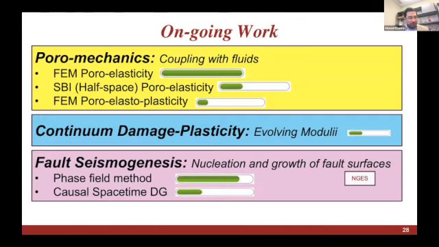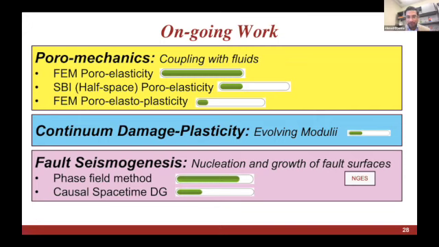So one more minute just to cover this ongoing work. There's a lot to be done within this framework. We listened yesterday to beautiful talks about fluids, so definitely poromechanics is something we are interested in. We made progress in incorporating poroelasticity in finite element, but we still need adaptation for our spectral boundary scheme for poroelasticity, and then eventually also incorporating poroelastoplasticity in the finite element strip.